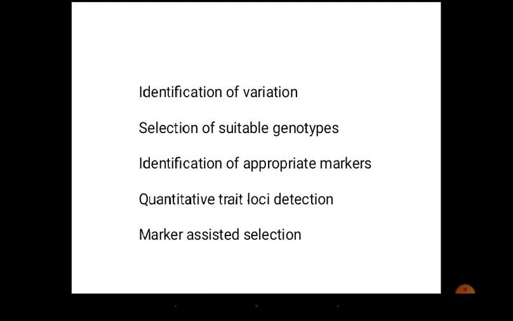In the same way, for explaining the fourth point, we have written here quantitative trait loci detection. Okay, you just read that point again: quantitative trait loci detection. As the name says, quantitative trait loci, quantitative traits; qualitative traits we already explained. Qualitative traits are usually monogenic, influenced by a smaller number of genes. Quantitative traits are polygenic in nature, influenced by a larger number of genes, and most of the economic characters are quantitative in nature.